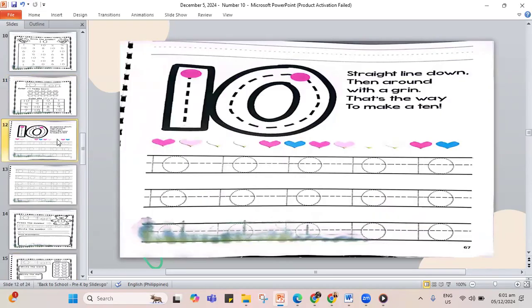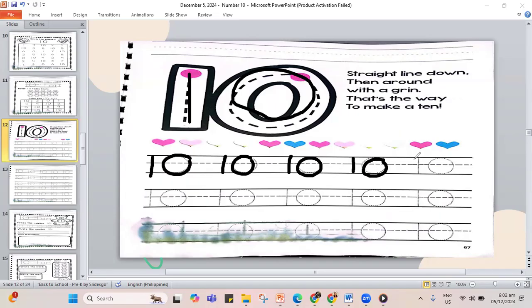Now for this one, we get to trace again the number 10. Again, please don't forget to write your name, and you need to trace all the number 10 from the biggest 10 to the smallest one at the bottom. So again, trace your number 10. A 1 and a 0 makes 10. So you need to finish all of these and you can move to the next page if you're done with this work. But first, let me show you. It will look nice if you try to follow all of the dotted lines to trace your number 10.